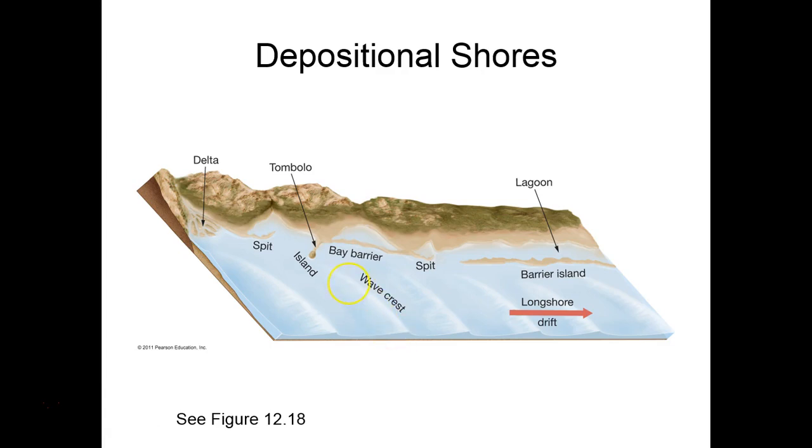Depositional shores are more of what you see oftentimes along the east coast of the United States. So with depositional shores, we have wave activity that causes longshore drift, and so you have sediment that gets carried down the shoreline, and that sediment eventually piles up and causes barrier islands, which then create little lagoons, which are small estuaries that are